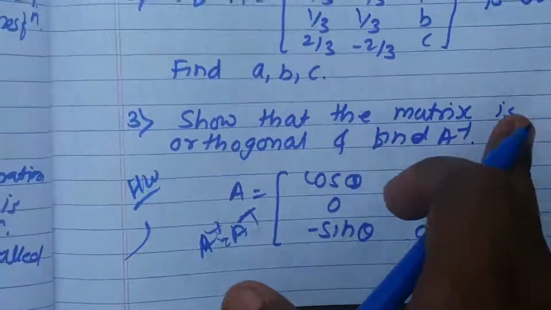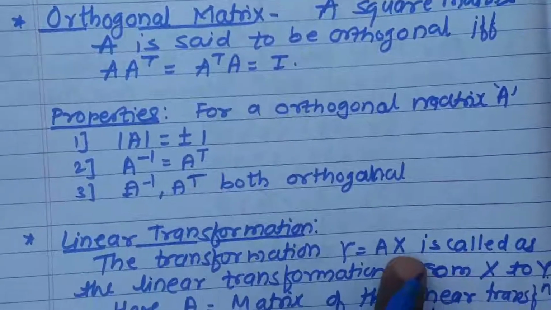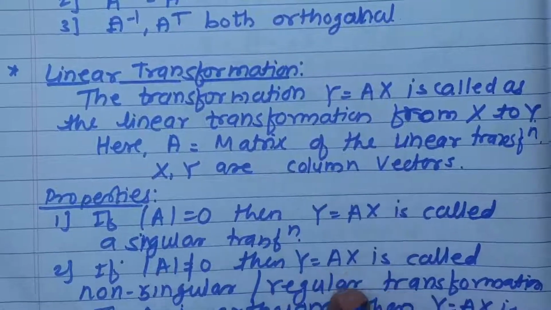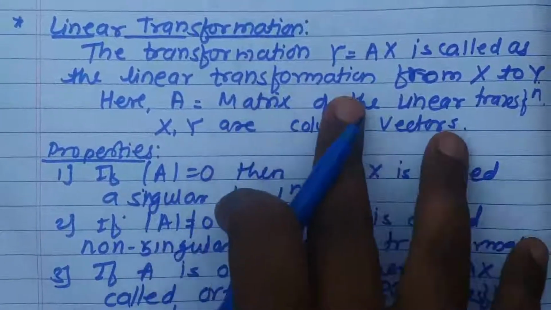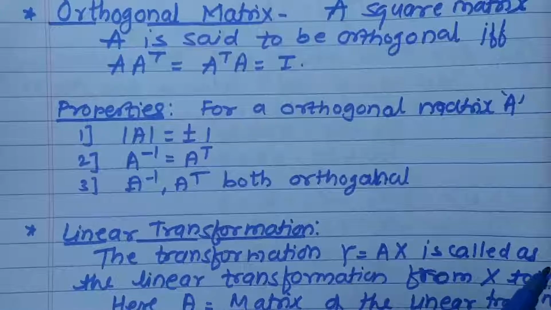Now this is it from this lecture. We have discussed the orthogonal matrix and examples based on orthogonal matrices. Orthogonal transformation, also, one example we have taken. Examples based on linear transformations and composite linear transformations we are going to cover in the coming lecture.